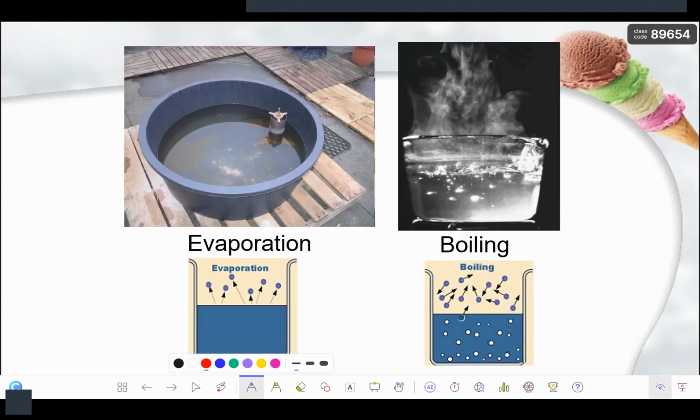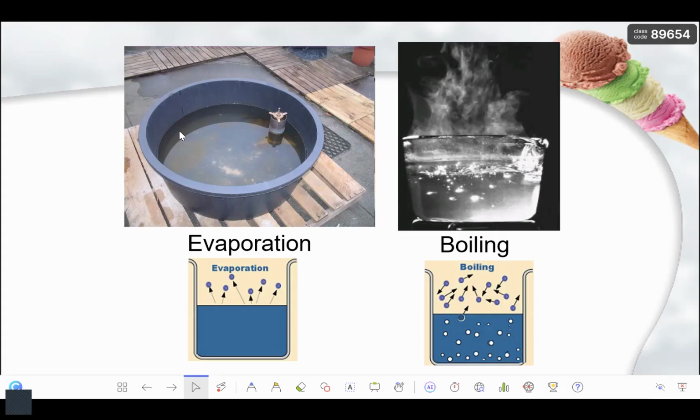Okay, next we move on into the next section, which is about boiling and evaporation. So over here, I have two pictures. One is evaporating. Okay, I just have a pail of water under the hot sunlight. You will see that eventually the entire pail of water will get evaporated, or a puddle of water on the road will dry up after a rainy day. Okay, so these are examples of evaporation, and I have another example of a beaker of water on a Bunsen